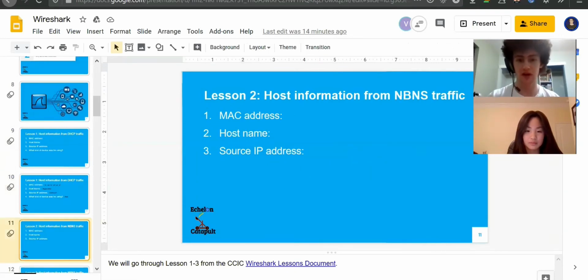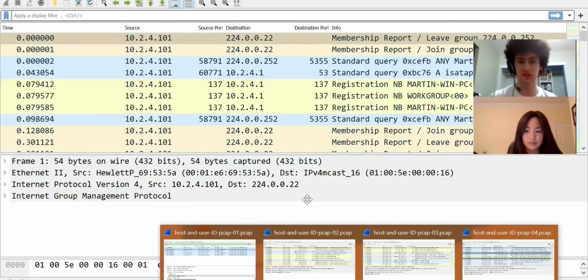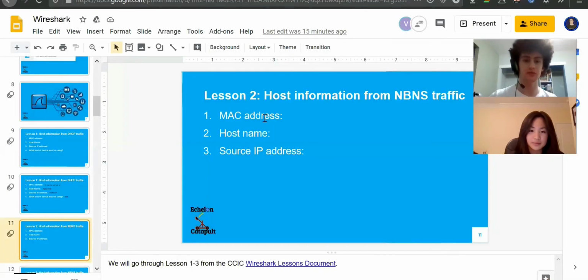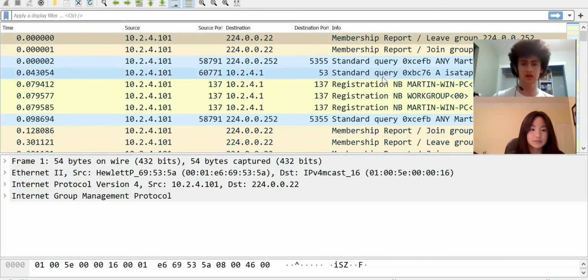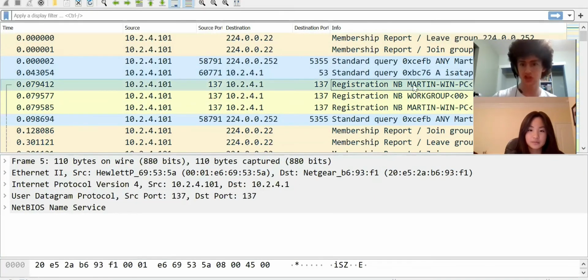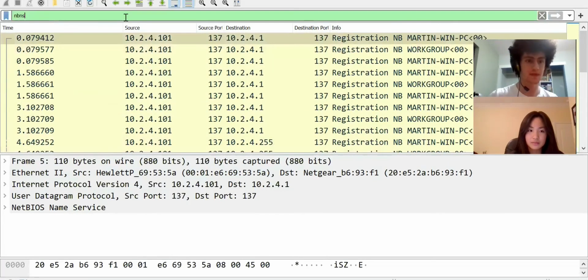We're going back to another file for lesson 2. This is going to be using NBNS traffic. We're looking for a MAC address, a host name, and the source IP. So right here, I can see mention of someone named Martin with his Martin Win PC. It's very likely that this person was using a Windows computer of some kind. There we go. We have that source IP right here,